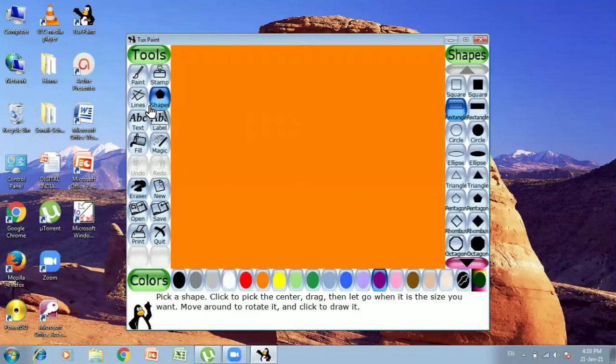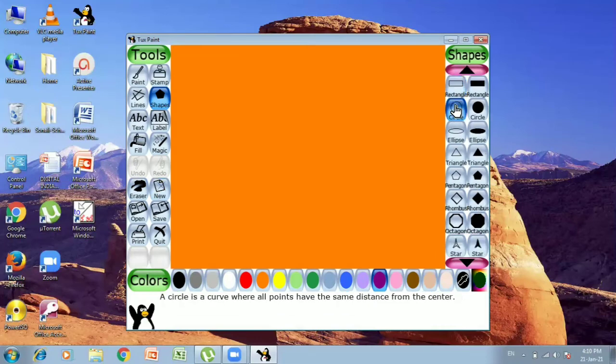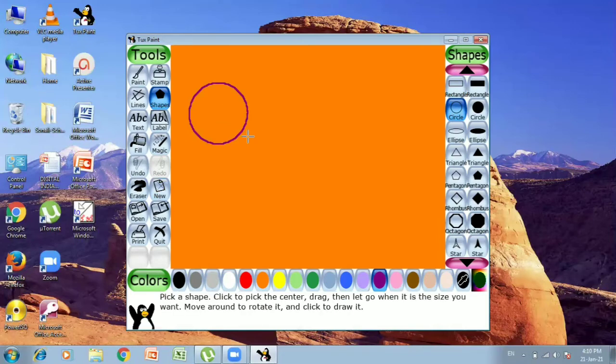Now, as you can see, I have clicked on the Shapes tool. According to the Shapes tool, a selector box is opened. As I told you, this is an outline shape and this is a filled shape. Outline because it is only a colored line, and filled means it is completely filled with the color that is selected.